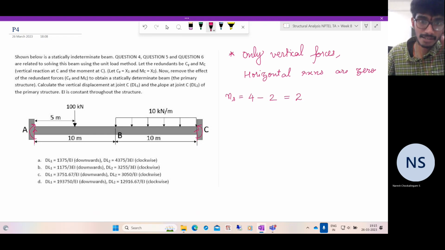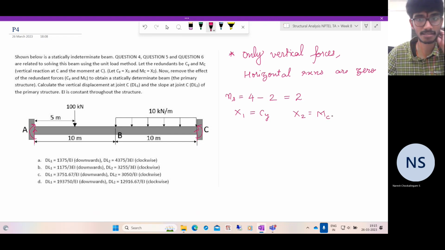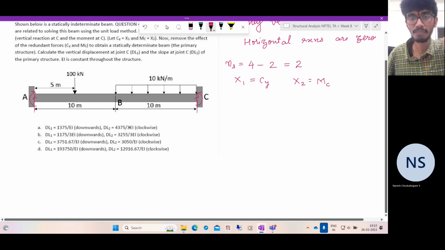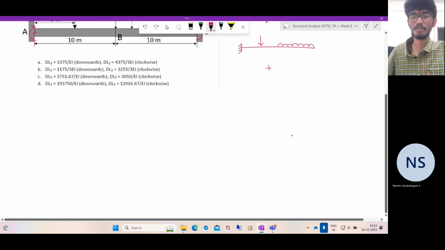And they have asked us to consider the reactions Cy and Mc as the redundants. So the first redundant is Cy and the other redundant is Mc, the moment at the point C. So what is our primary structure? Our primary structure is a cantilever beam which is subjected to the applied loading and the redundancy. So we can use the principle of superposition and decompose it into